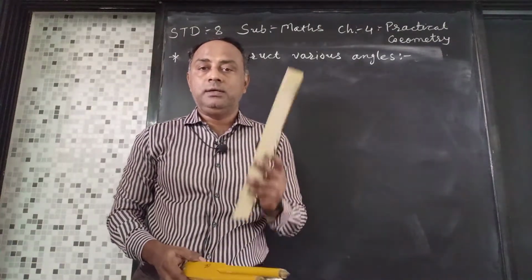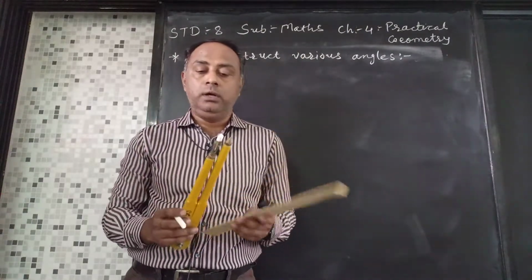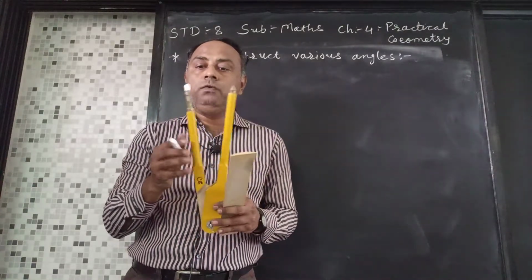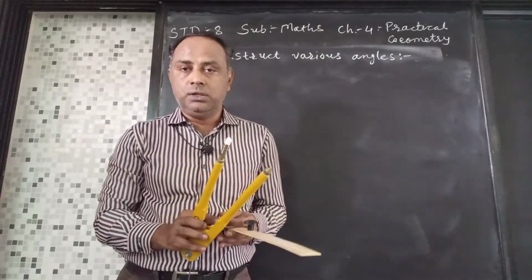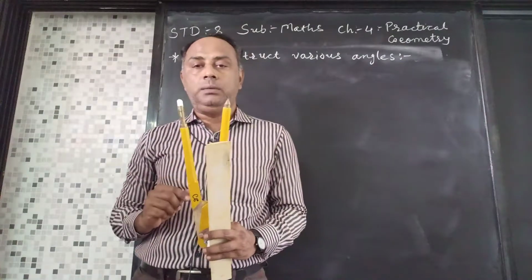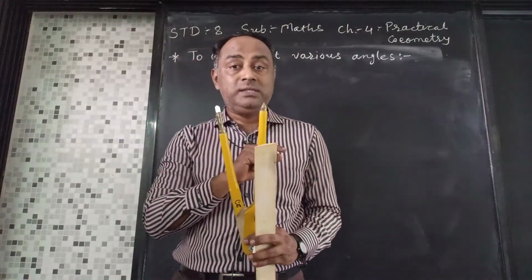Required things are a scale, one pencil, here I am having chalk, and a compass. Okay, for the compass also we will be using a separate pencil. Okay, let's have the introduction on how to use it. See friends, here you will see the pointer part. So that pointer part, wherever you keep it, will be taken as a center.